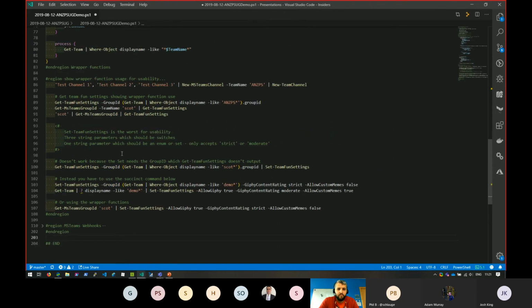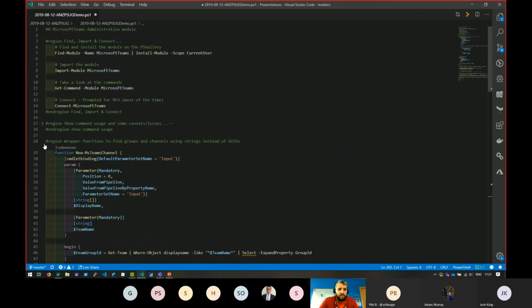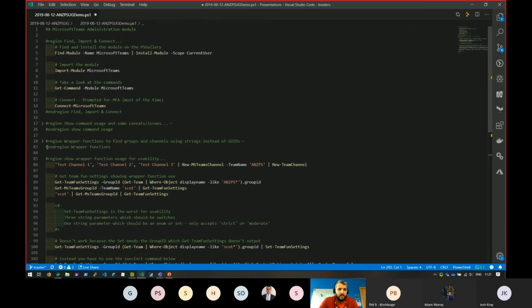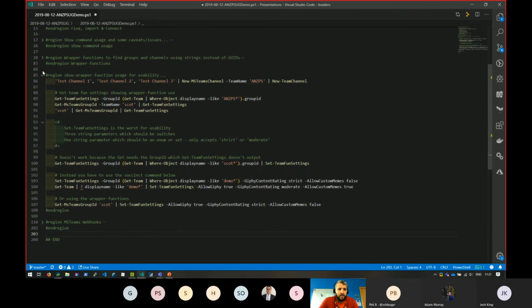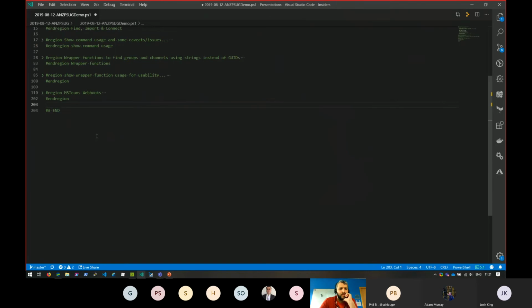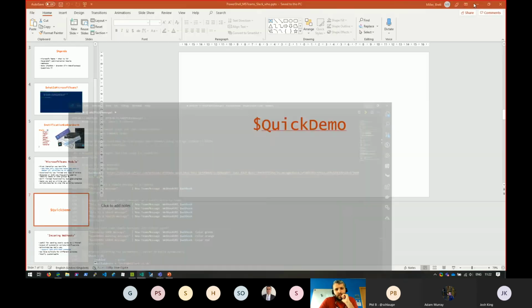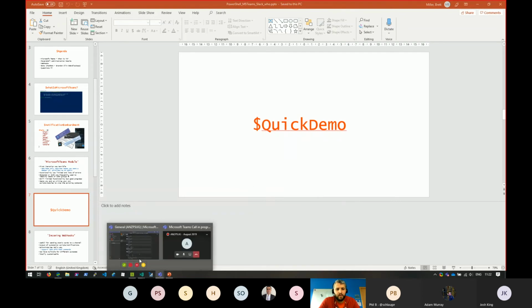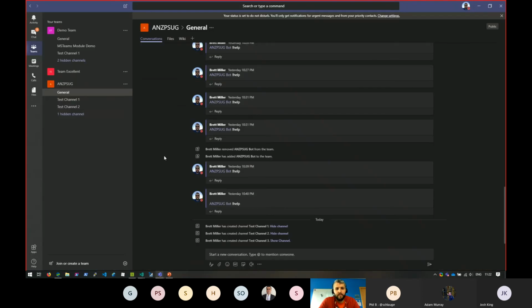That's pretty much the low-level, high-level overview of the Teams module. Like I say, it's only really gone GA recently, so it needs a bit of work, and user voice is the place to give feedback on that.